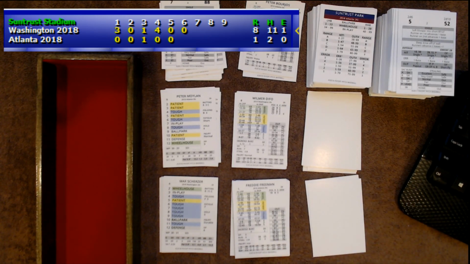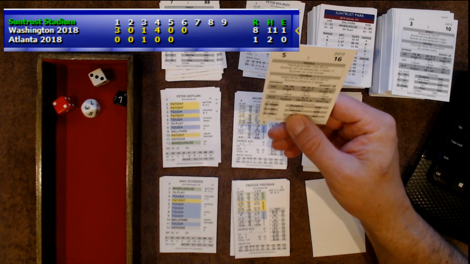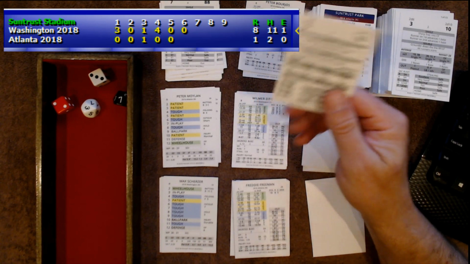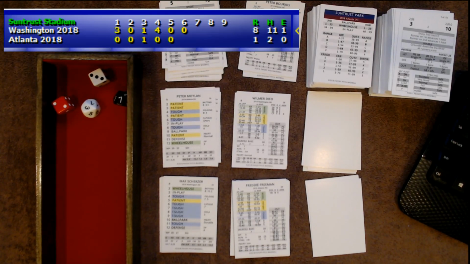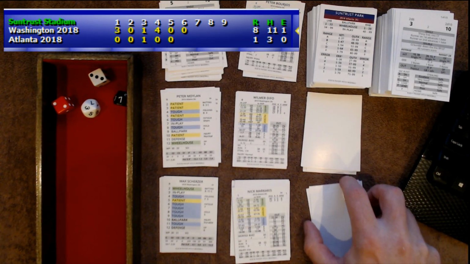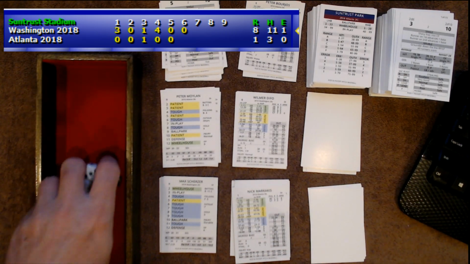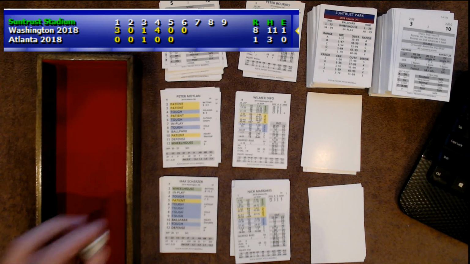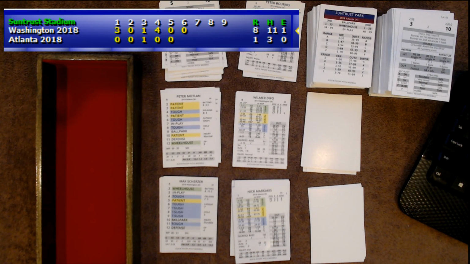And it brings up Freddie Freeman. Freeman grounded to second in the first, struck out in the 4th. That's a 5, patient, 73, and that's going to be a single. Freddie Freeman with the single. Runner is going to advance 2 bases. So a single. And Borges is going to third. So runners at the corners for Nick Markakis. Come on, Nick. We need a big hit here. Markakis is only batting .182 on this season. 1 walk, 3 strikeouts, 4 hits, 22 plate appearances.